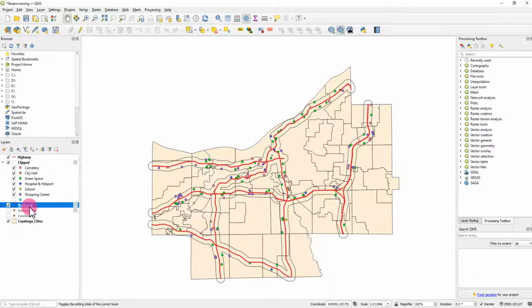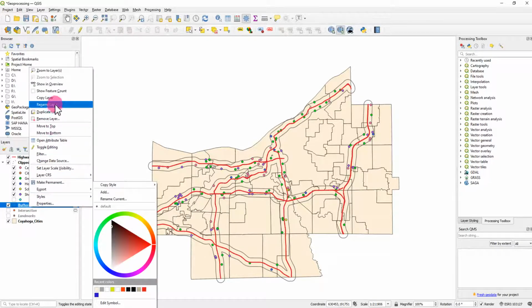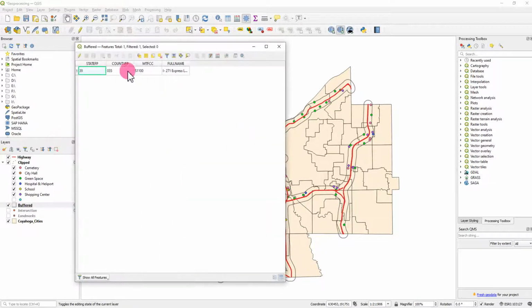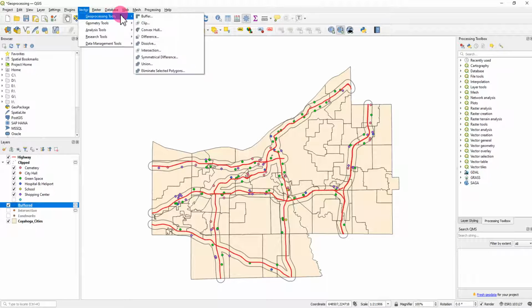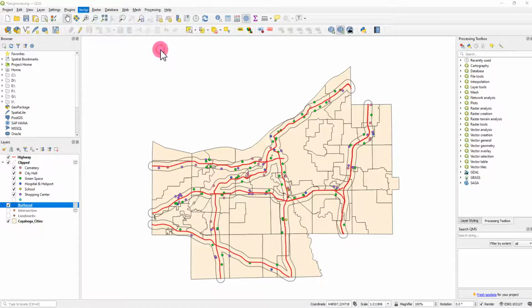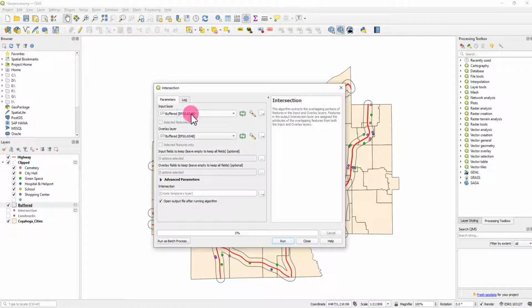It looks like just one single attribute table. Let's just try it. I'm going to go vector, geoprocessing tool, intersection, and then buffer, and then